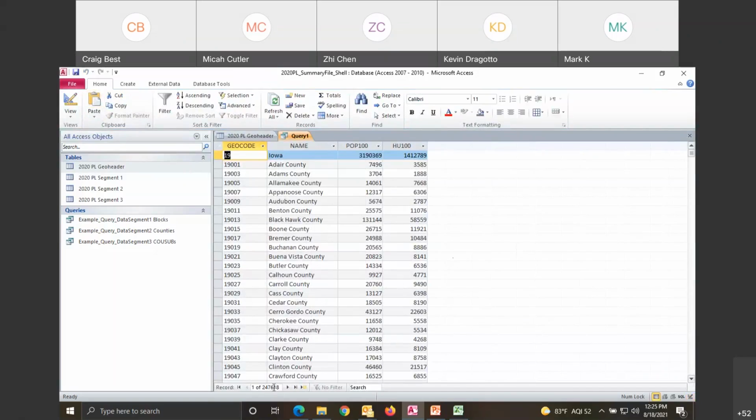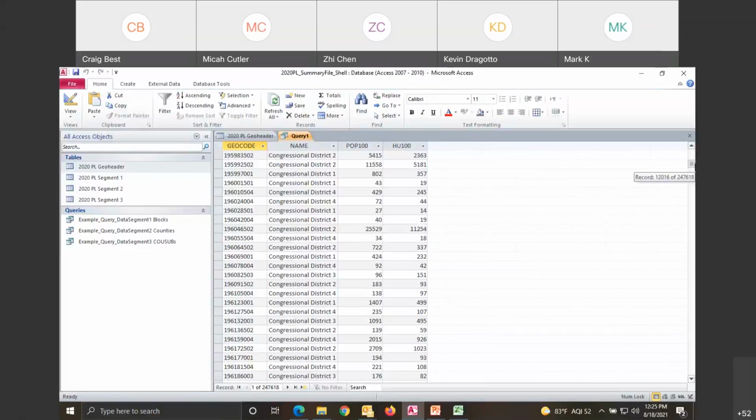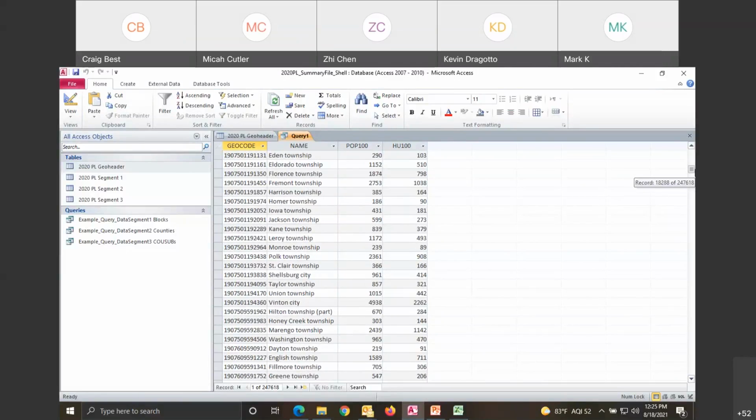But in doing so, I got 247,000 records. If I scroll on down just to quickly look at some of the names, there's congressional districts, townships, parts of townships. Some of the township might be in a city, some might be out. There's a separate record for each part of the township, the part that's in the city, the part that's out.